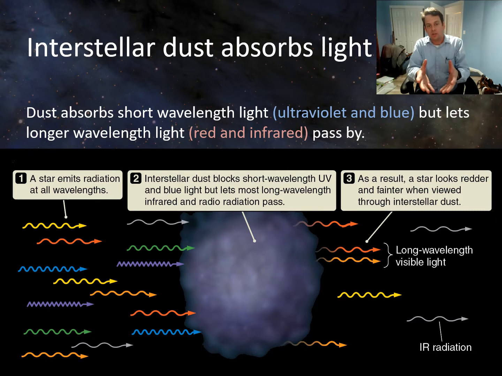And so in this particular case, because the dust preferentially absorbs the ultraviolet and blue light, what that means is that a star that's very far away, which is emitting all wavelengths, if it passes through the interstellar medium, which it must on the way to us, it's not going to reach us with the same spectrum as it left the star, right? And so I think this slide shows it well, where you have all wavelengths emitted from the